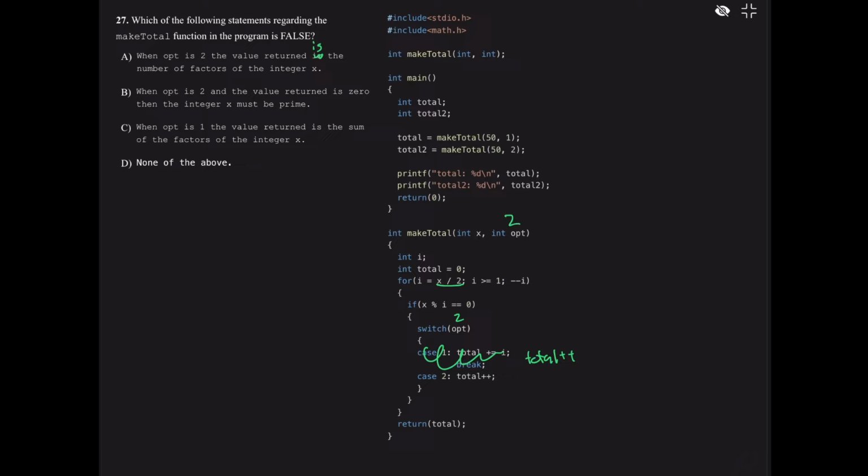So that means that A is in fact true, so that's not going to be our correct answer. So then we'll look at B. When the opt is 2 and the value returned is 0, then the integer x must be prime. So we might think that this is true